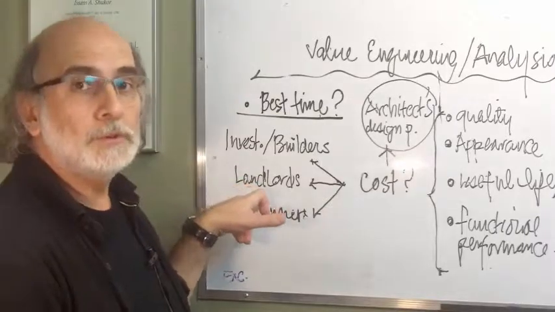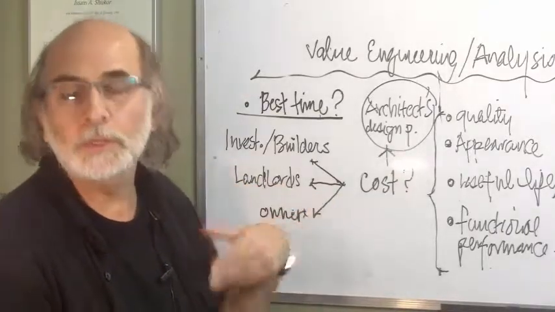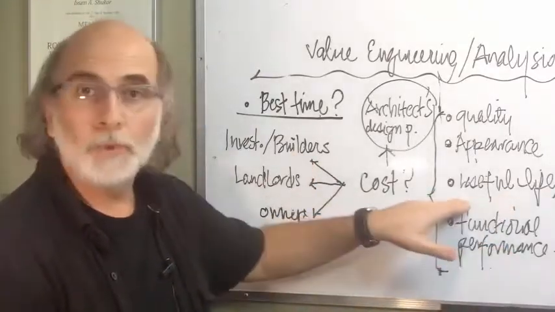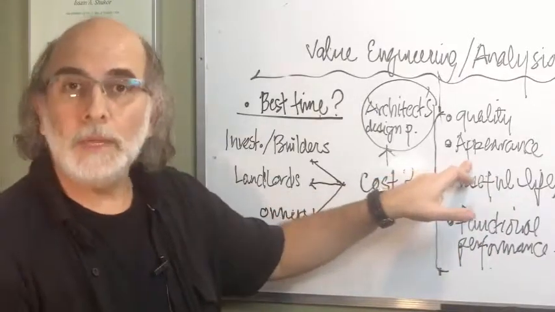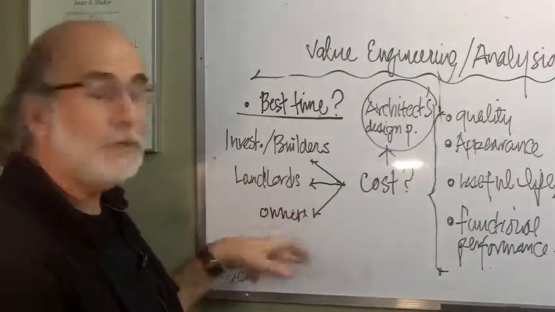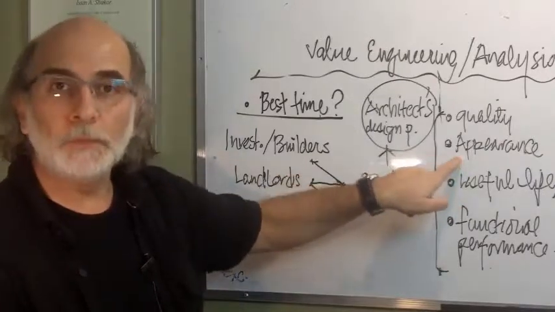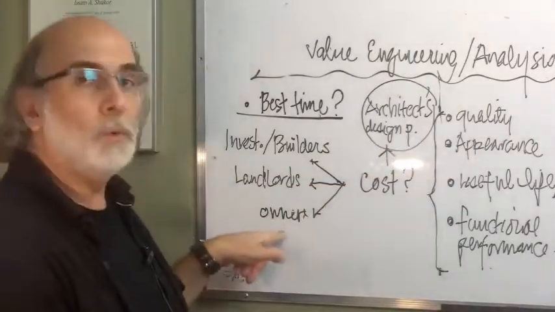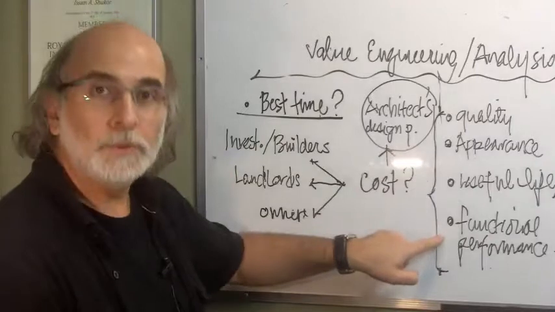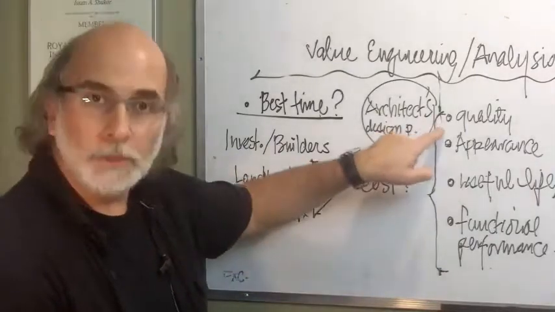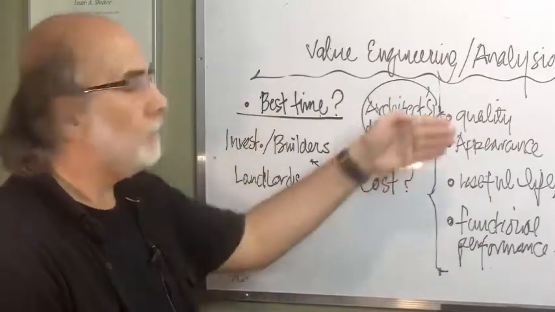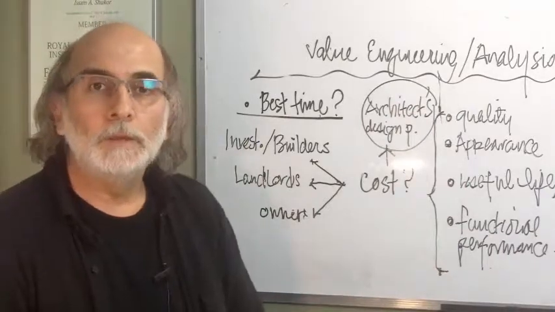For these people, probably the turnover would be 5 years, 10 years, who knows? They're going to resell the building, so they really don't factor this as a priority. The appearance, maybe the appearance for these people would be much more valuable than these people. So the appearance could be jeopardized by a homeowner who wants maximum useful life or life cycle, or optimized functional program, or quality of materials and finishes, but not the appearance. For these people, again, there are different preferences.